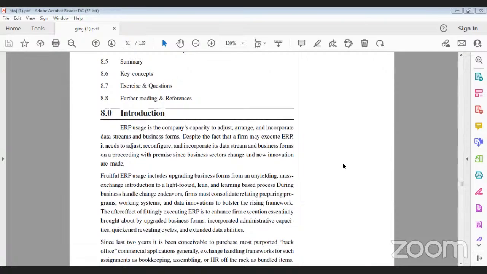Fruitful ERP usage includes upgrading business forms from unyielding and mass exchange introduction to agile, lean and learning-based processes. During the business process changes,